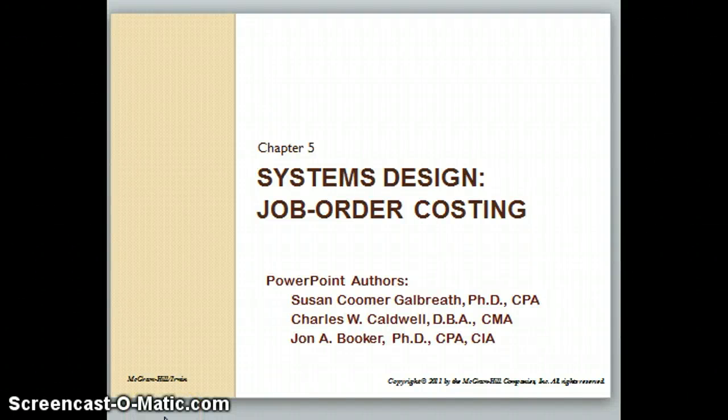Chapter 5 gets at the concept of different system designs as we take a look at how we're going to cost products out. Managers need to assign costs to products in order to facilitate external reporting, but even more importantly, so they can estimate what's going on within their business. Costs are assigned in order to figure out what the right pricing model might look like for products or services